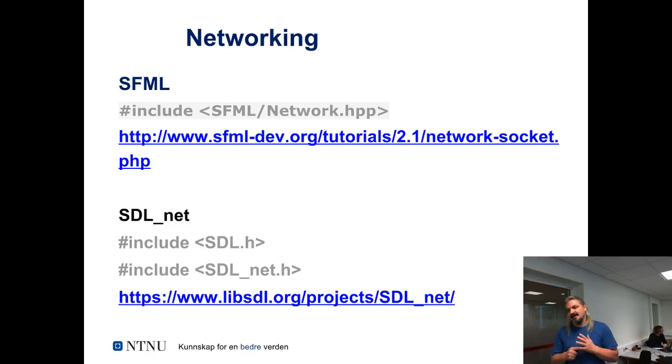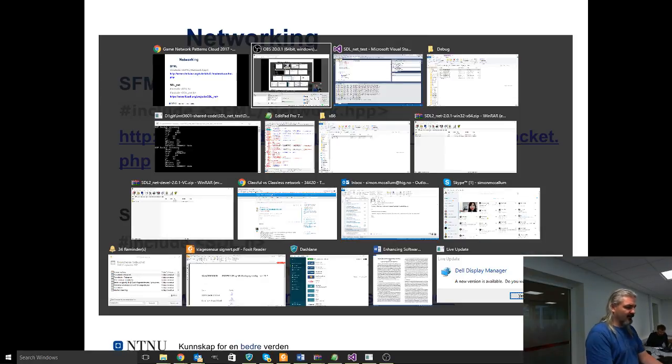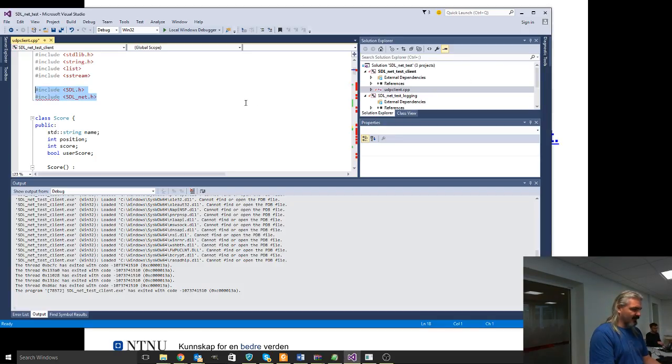So networking in C is really, really annoying, right? Because low level socket creation and manipulation is really nasty, right? Even with libraries like SFML and STL, it still is a bit of a hassle, right? So what we have, and I'll show you the STL net because that's the examples I have. Some of our students have used SFML and used networking there, but if we take you to some STL code,